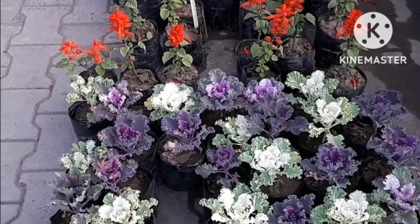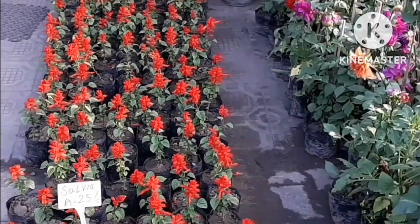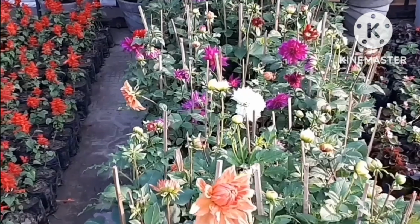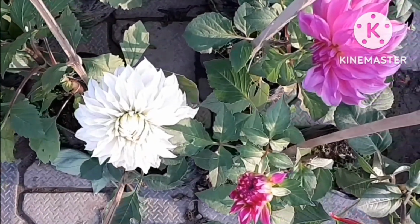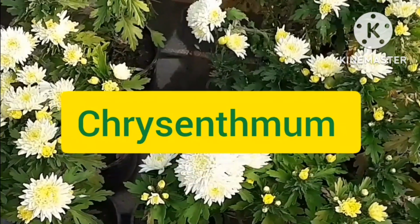Ornamental cabbage pink, salvia, rupees 25 here. Dahlia. It's a very beautiful winter flowering plant. It comes in many different varieties. Chrysanthemum,